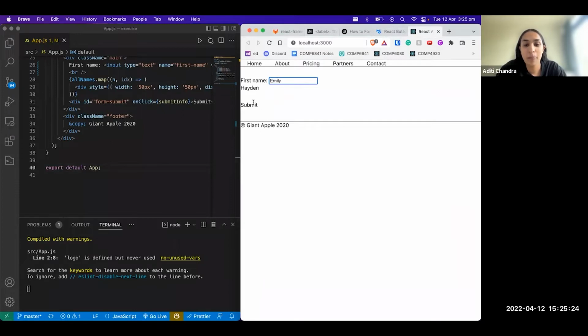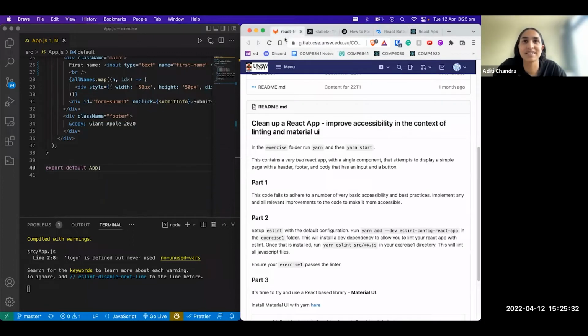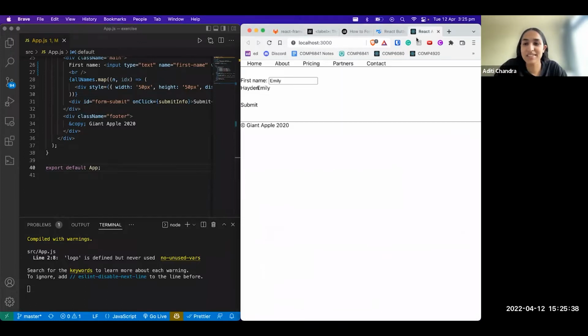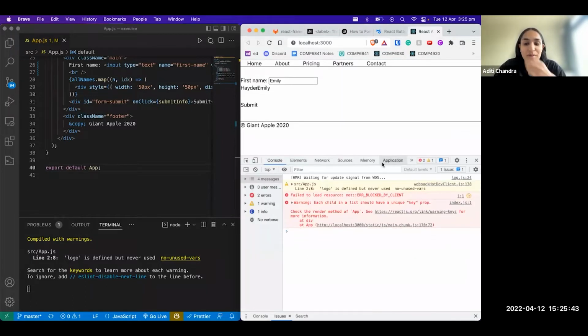Let's see. Not the prettiest, but I guess it does work. But yeah, so we're just going to go through it and see some of the changes that we can make to clean it up. So as a first step, I would probably run it through Lighthouse, which we went through